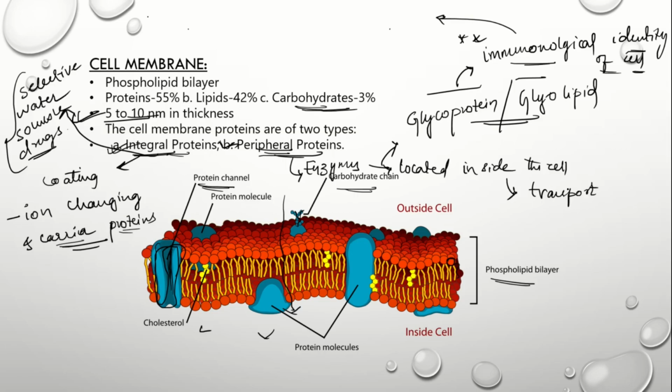Sometimes it can also act like a pathway. For example, there is a receptor A and the ligand is bound. After this it does not show its action on the cell wall, but by the help of the activation